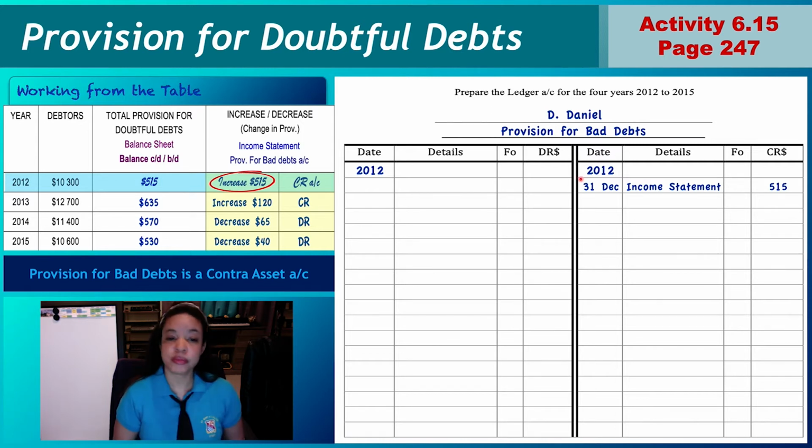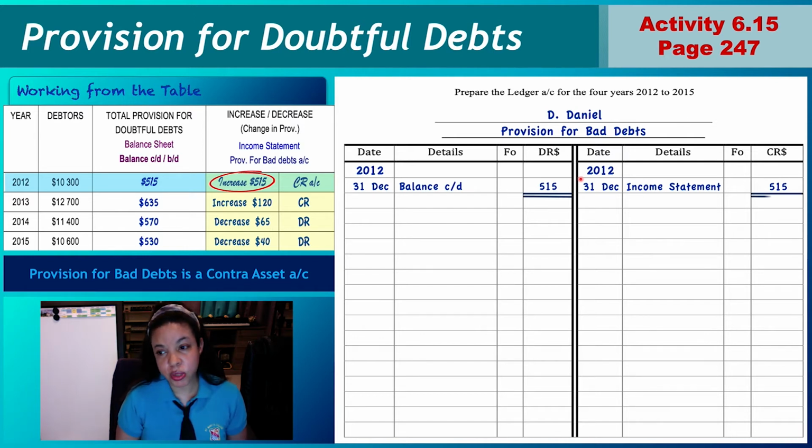Okay, so we move on to the next step. Next step is the balance. Always have the balance carried down on the debit side. In this case, you can easily see there's nothing on the debit side, so we have to put it on the debit side. 31st of December, balance carried down. How much is it? $515. So you just total up there, you put your two double lines. Since it's only one item on each side, you will just put the double line and open up one time